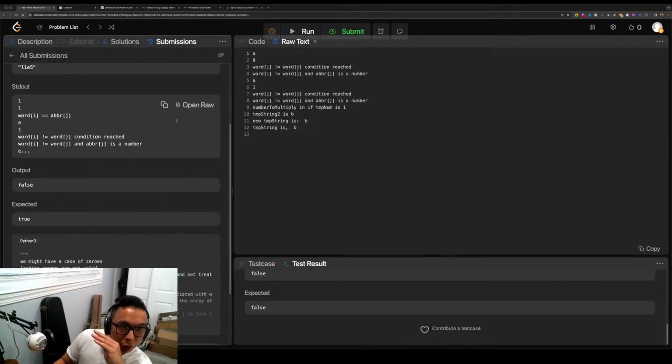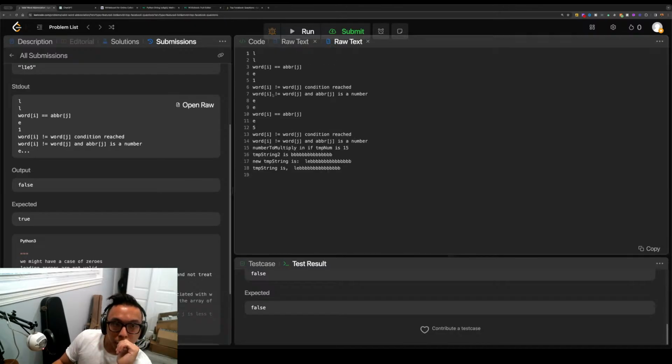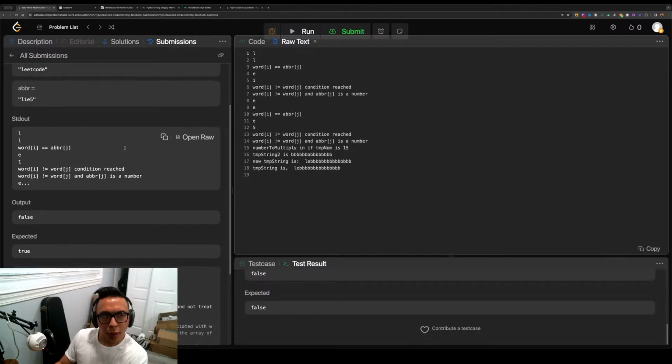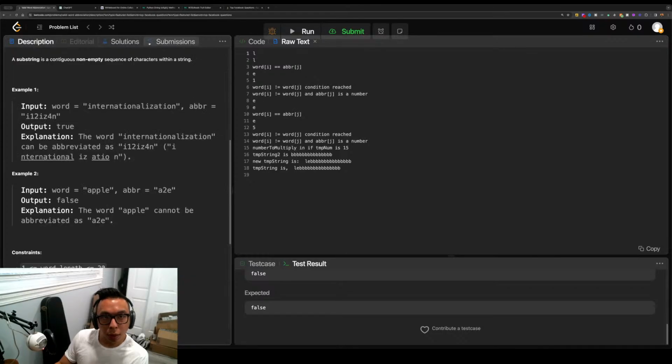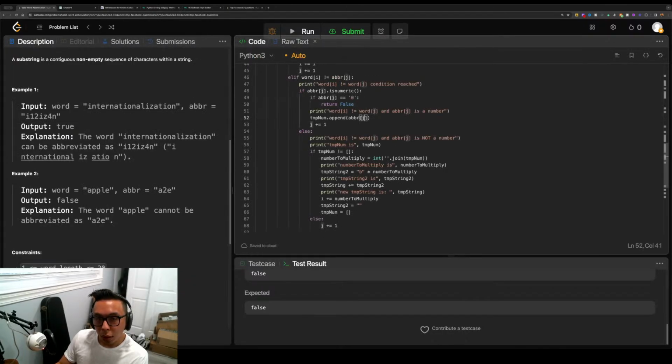Why is my code outputting false? 15. And ABBRJ is a number. Else,